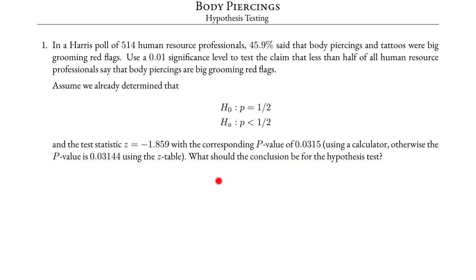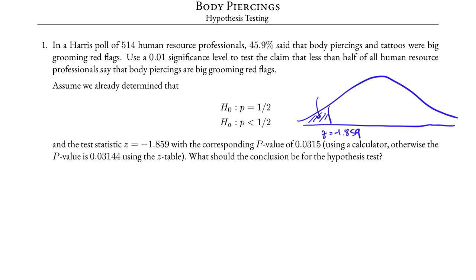The p-value is the measure of how much evidence the data presents against the null hypothesis, meaning the sample that we obtain, how is it weighted against the null hypothesis. The null hypothesis is the assumption that p equals 1/2 in this case. Recall that we rely on the sampling distribution, and in this case, with the left tail test, we found that z is -1.859, that is the test statistic,